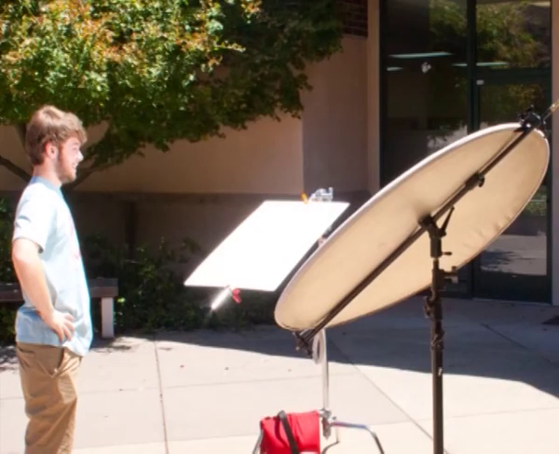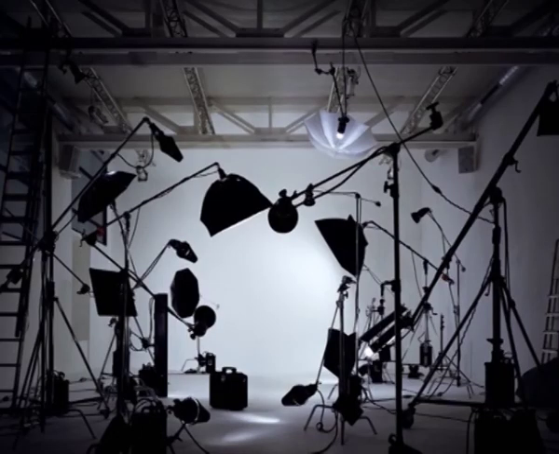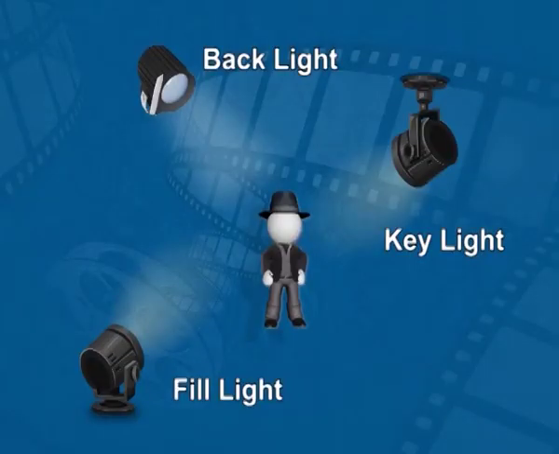Sunlight is the major source of light. It can be used effectively with the proper knowledge of reflectors. In the absence of sunlight or when shooting indoors, artificial lights such as LEDs and halogen lights can be used. For most situations, the best lighting results come from using some variation of the three basic light directions, which is known as three-point lighting. In three-point lighting, three lights, namely key light, fill light and backlight, are used.